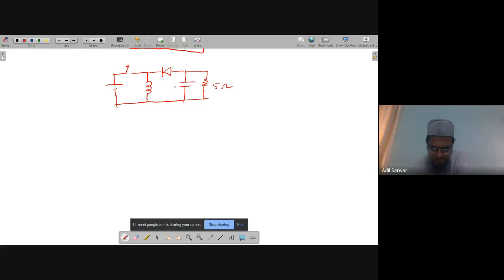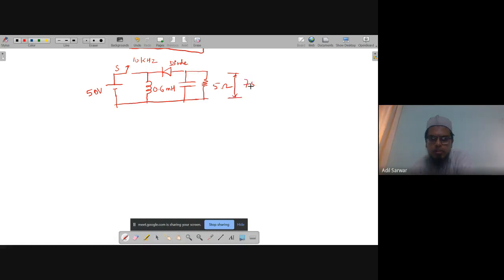So the question is, this is a buck boost converter and we have got this switch S which is operating at 10 kilohertz. Okay, and we have this inductor whose value is 0.6 millihenry, and this is the diode. The input voltage is 50 volts, and the capacitor is large enough, and the output voltage here